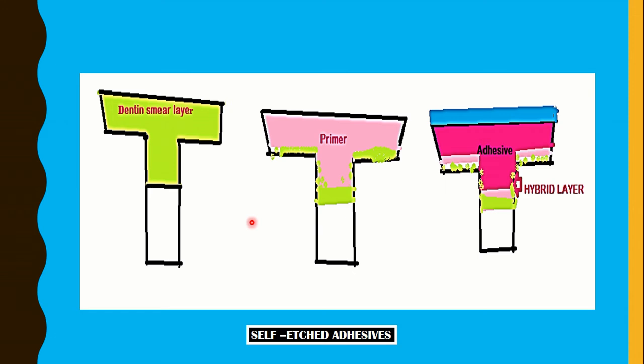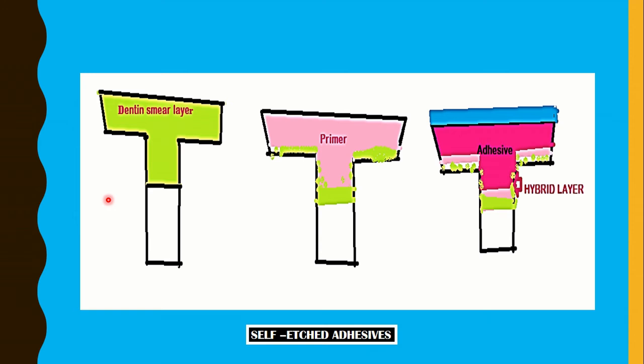In this technique, we do not apply a separate etchant like we used to apply in the total etching technique. We used to apply phosphoric acid in a very high concentration ranging from 32 to 40%, but here no such etchant is applied, but instead we have an acidic primer